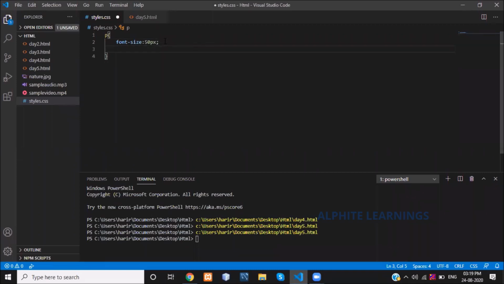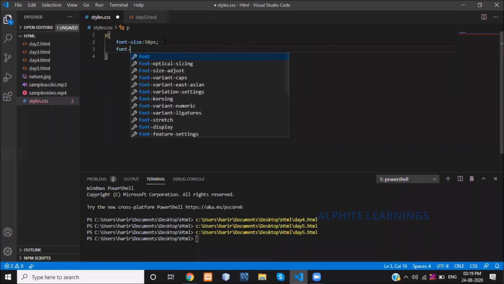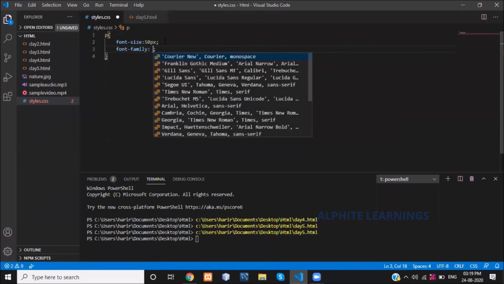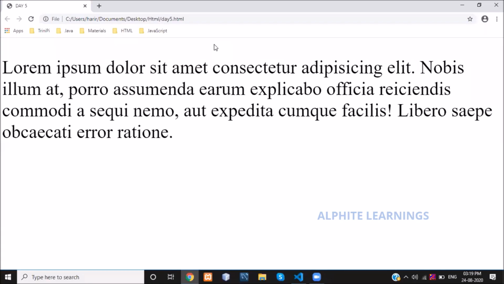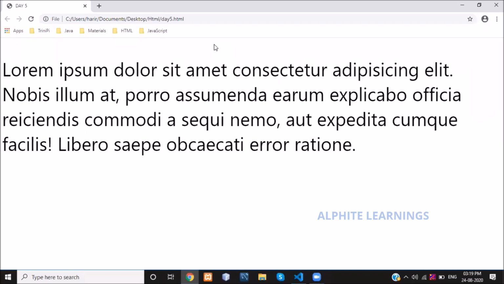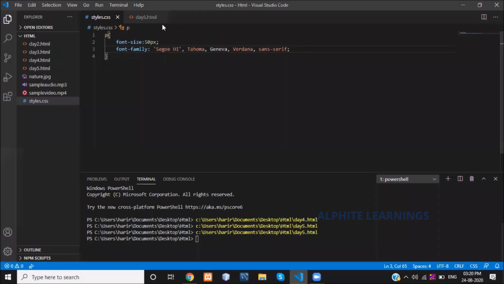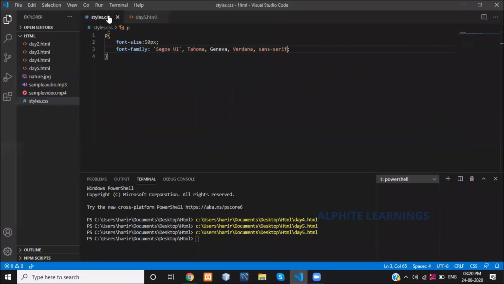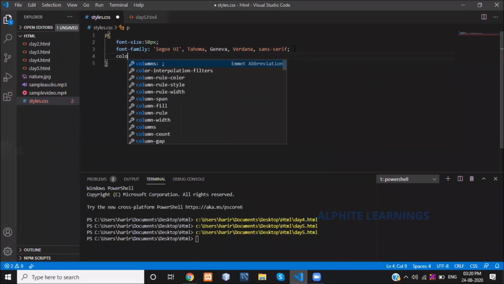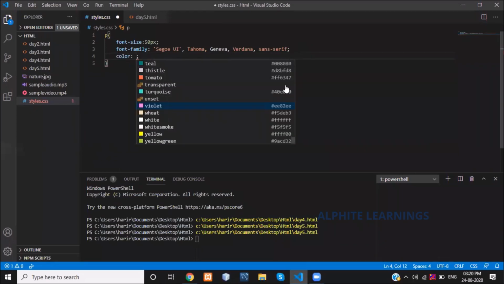For my paragraph I am using font family, just giving Times New Roman, and some other font size, sorry, font style here. There is no need to change the HTML tag. You can add color also here. I am giving violet.